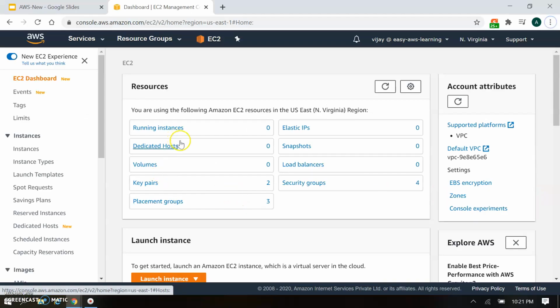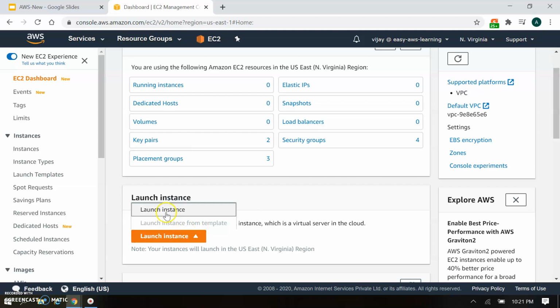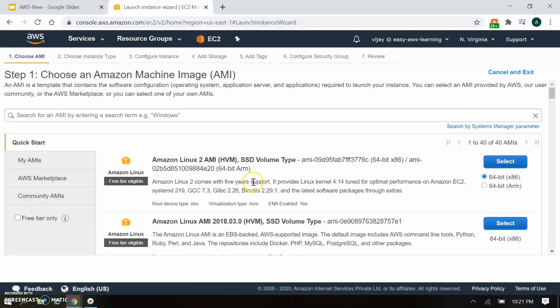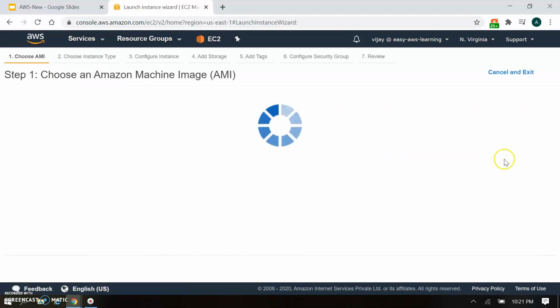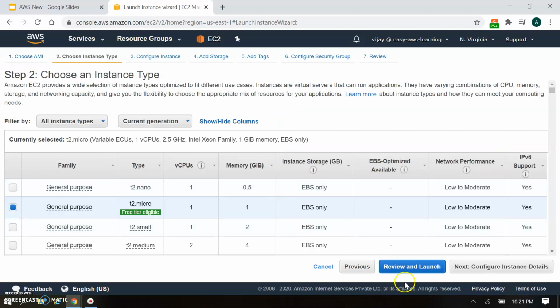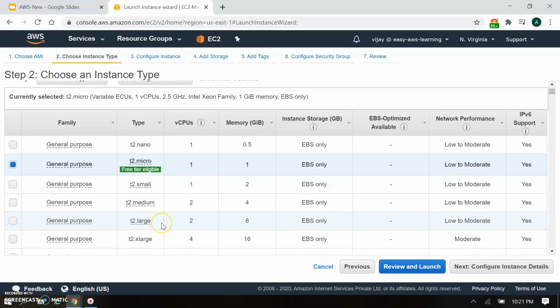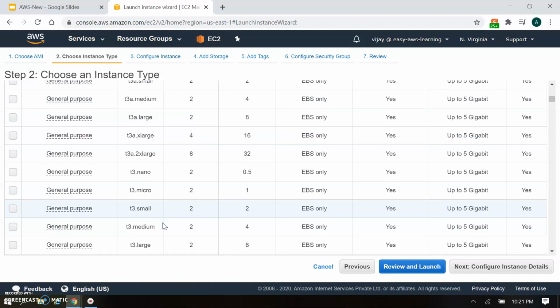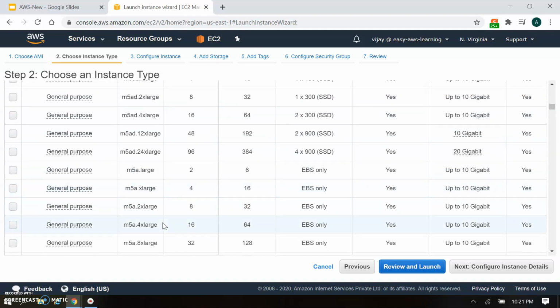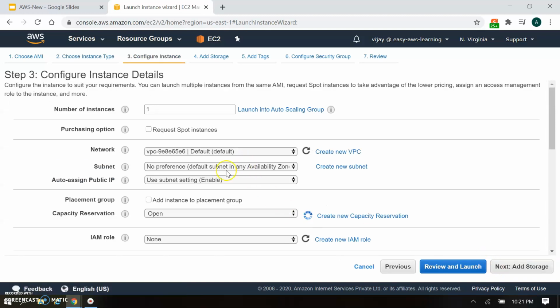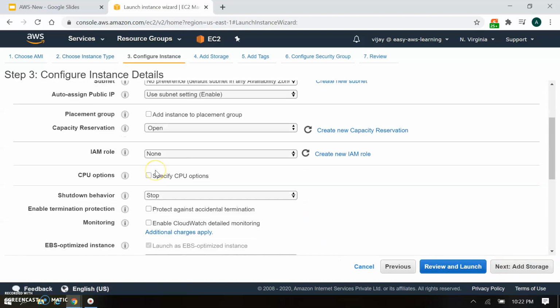Here in the console I'm going to launch an instance. I'm taking Amazon Linux 2. T2 micro won't be available, so we have to go for C3 or M5. Let's go for the M5. We need one instance.